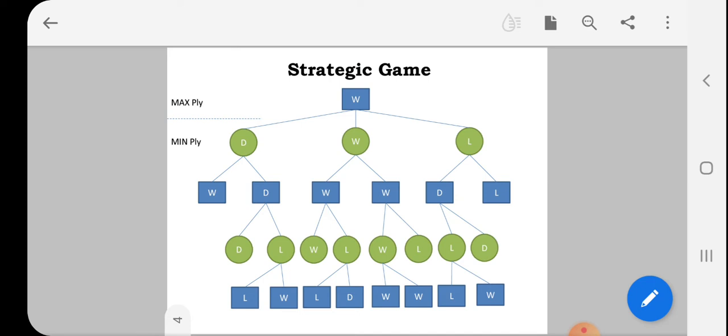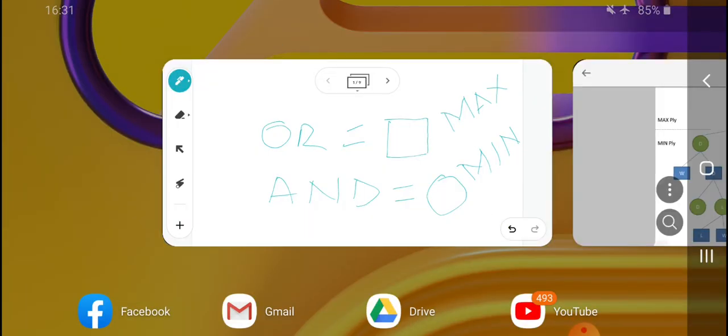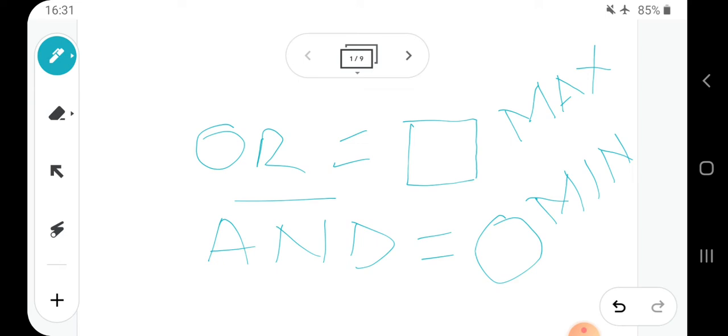So this is one example of a strategic game where we can see the root node, which is an OR node representing a maximizing ply, and the subsequent level 1 nodes represent the minimizing ply, and they are the AND nodes. Level 2 is again a maximizing level, represented by OR nodes. Level 3 is again a minimizing level, and level 4 is a maximizing level. Now you can see within the game tree, if we follow the structure,